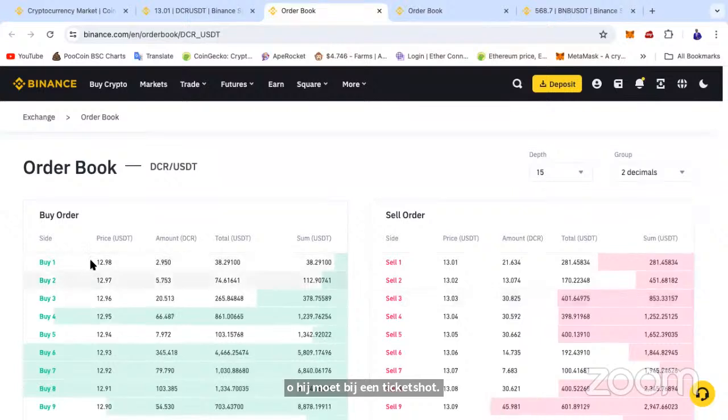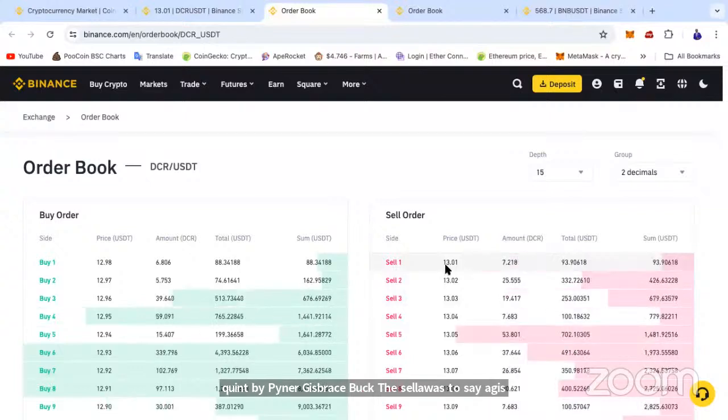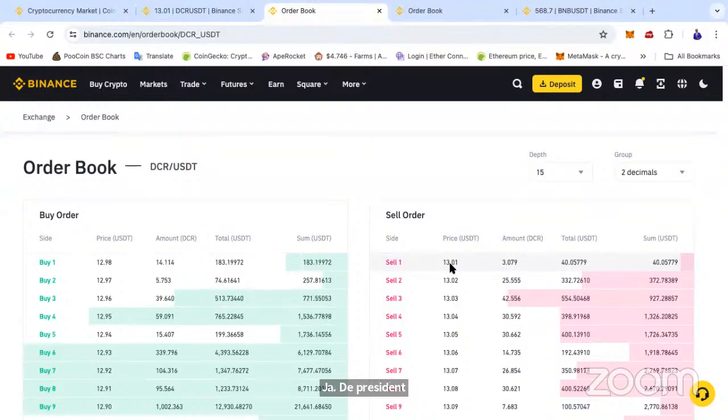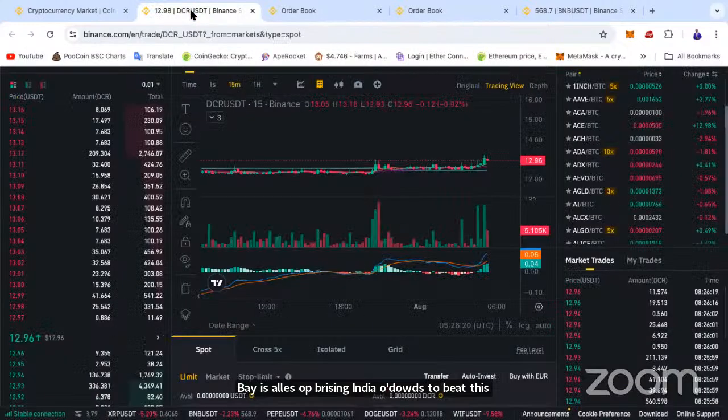Now, when you look at these prices, the buyers are buying. This is the current buyer buying at this price, but this seller wants to sell at this price. This seller wants to sell at this price. They are pressing in their orders. They want to sell at this price. The buyers are also pressing in their orders to buy at this price. And so when you get back and compare it with the market,